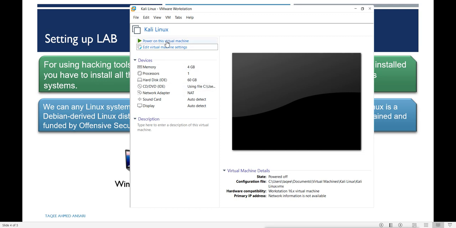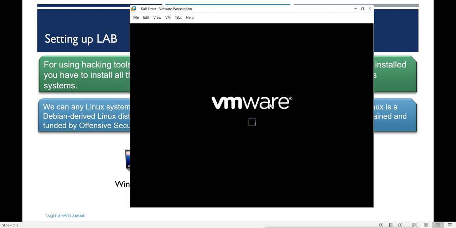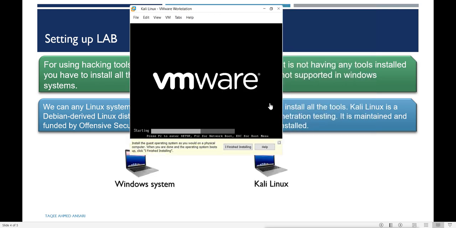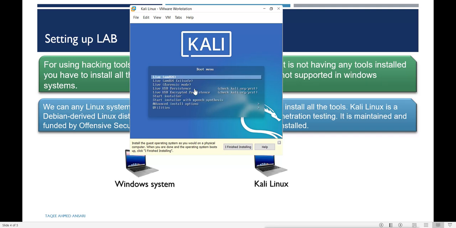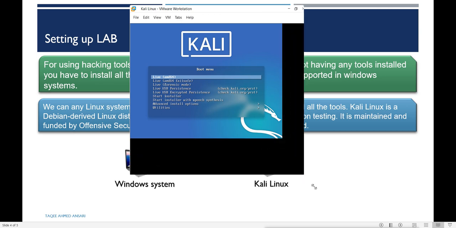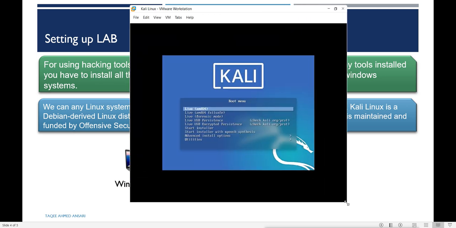When you power on the system, you will see these options. Now because it is a live CD, you can see there are live options.